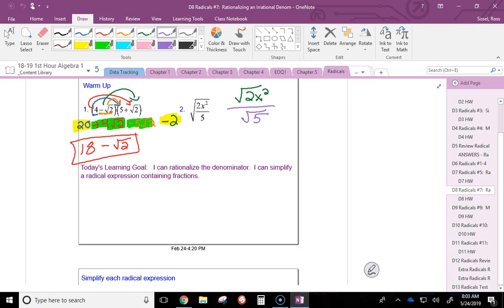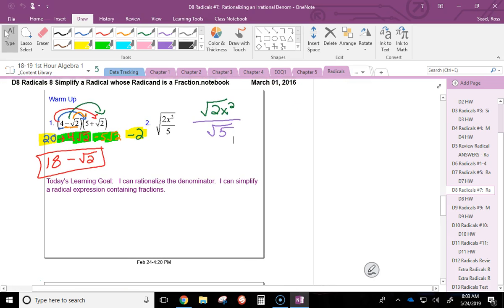Okay. On number 2, before I do any multiplying, I always simplify. I see in my numerator, I can make this x squared, the square root of x squared is just going to be x. So then I have